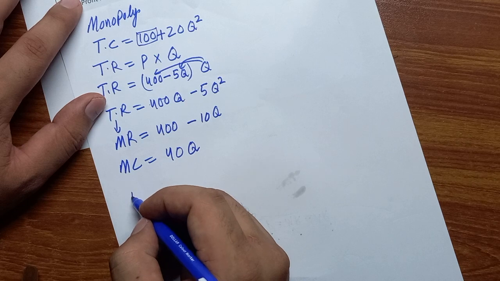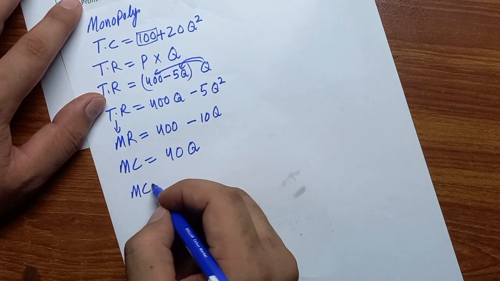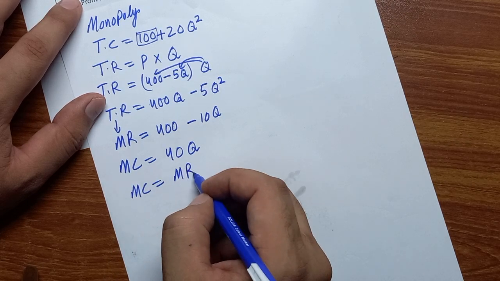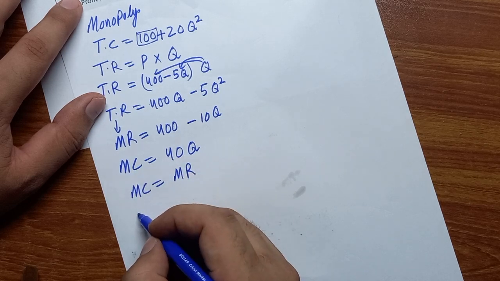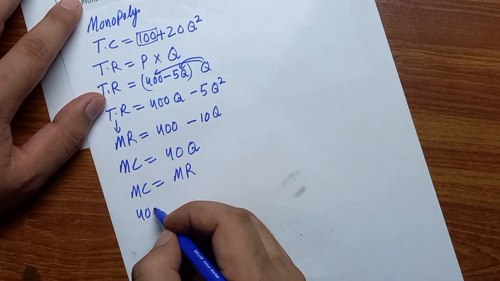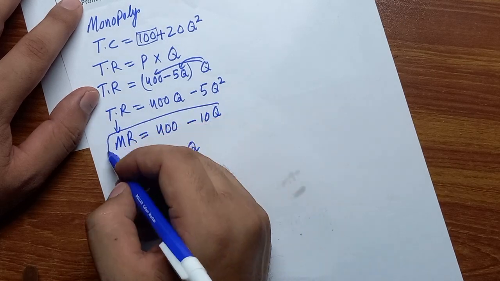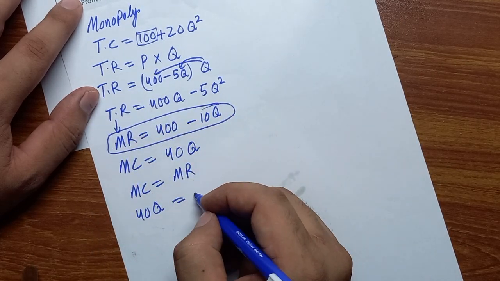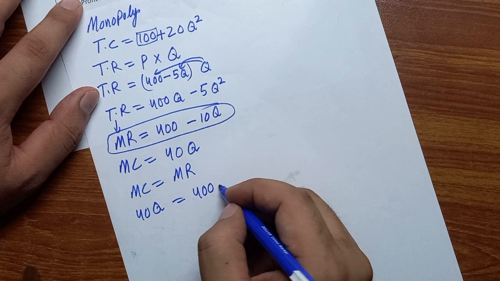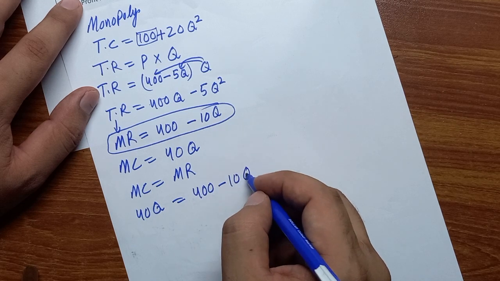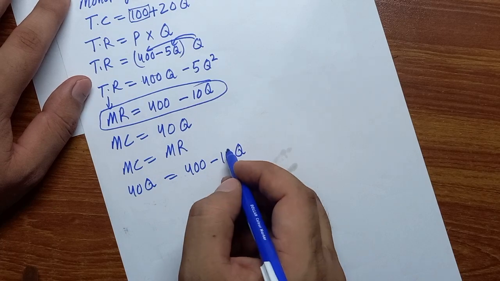So now we say that MC is equal to MR. Instead of MC I'll write 40 Q, and instead of MR I'll write MR value. The value of MR is 400 minus 10 Q. So I'll write this